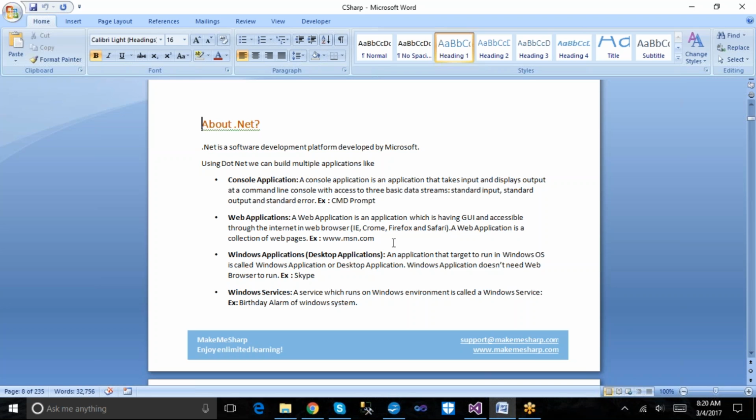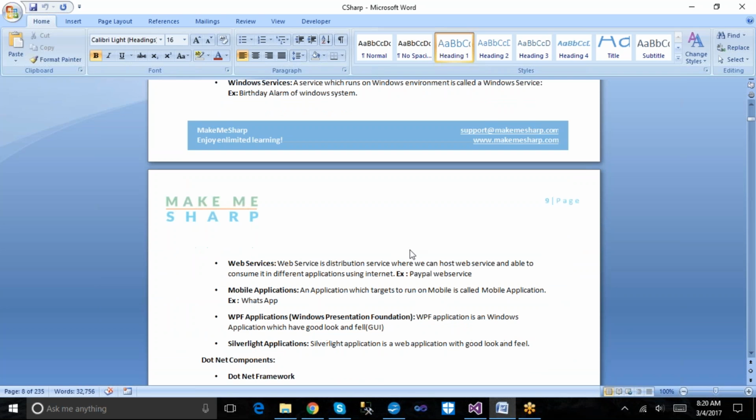How I'm saying a variety of applications is: with the help of .NET, we can build console applications, web applications, Windows or desktop applications, Windows services, and at the same time web services.